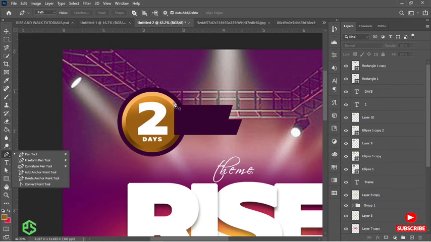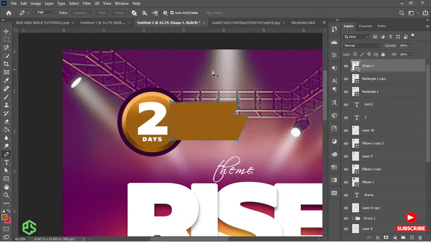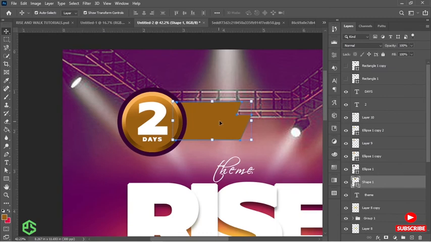Then we are going to make a rectangle on the shape that we have done. So start anywhere you want to start and draw as seen, or as I am drawing. After you've done, click on shape to make a shape for you, and we can turn off the first one that we drew. Then move this one beneath the ellipse tool that we have, and we can increase its size